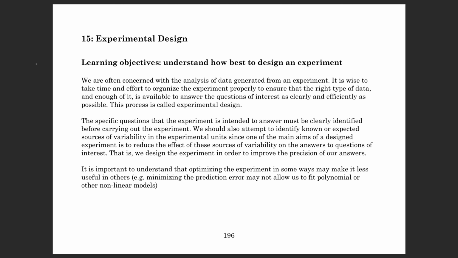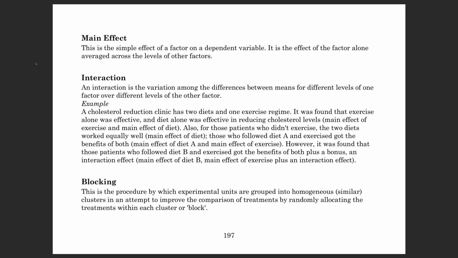So the main effect, this is the simple effect of a factor on a dependent variable, is the effect of the factor alone averaged across the levels of other factors. Whereas the interaction is the variation among the differences between means for different levels of one factor over different levels of the other factor. So for example, if we had a cholesterol reduction clinic that had 2 diets and 1